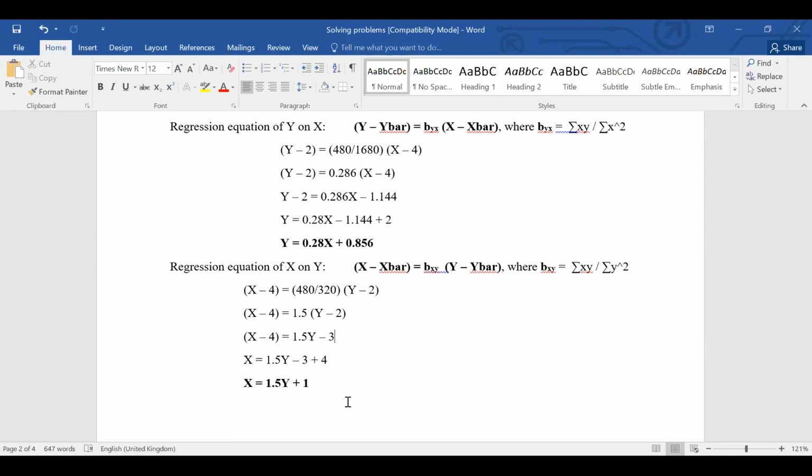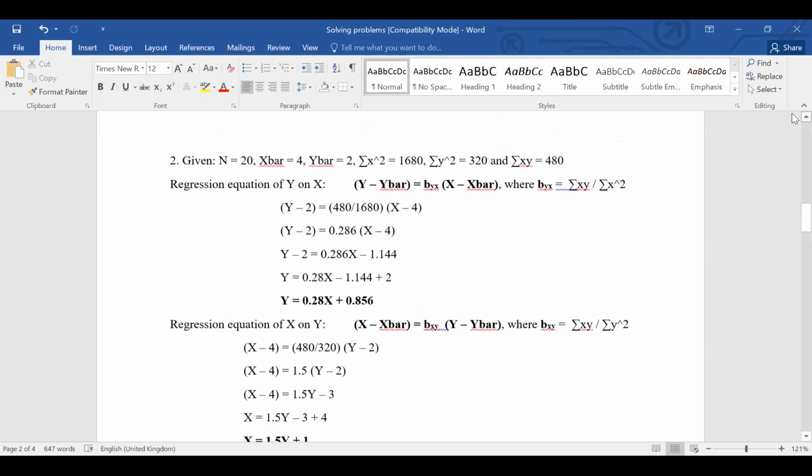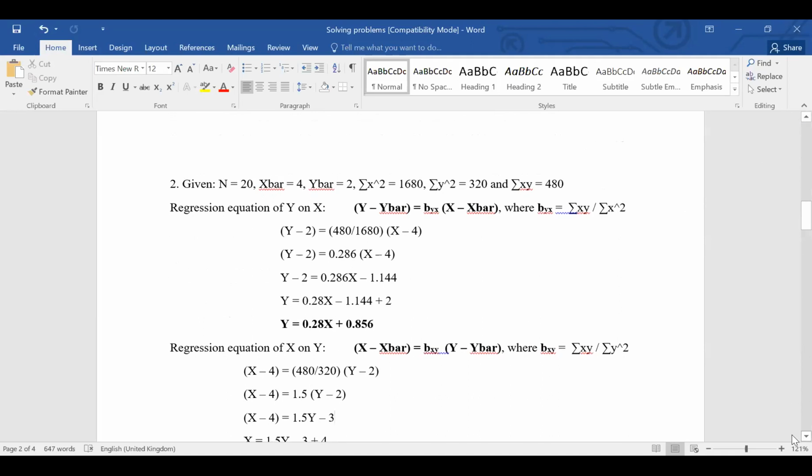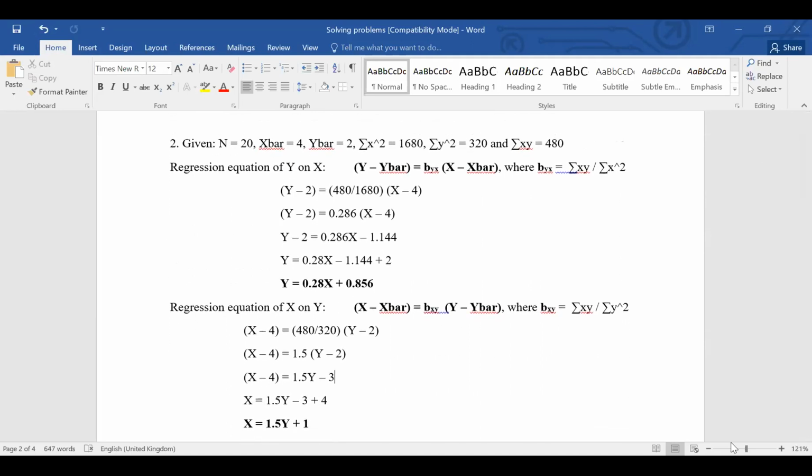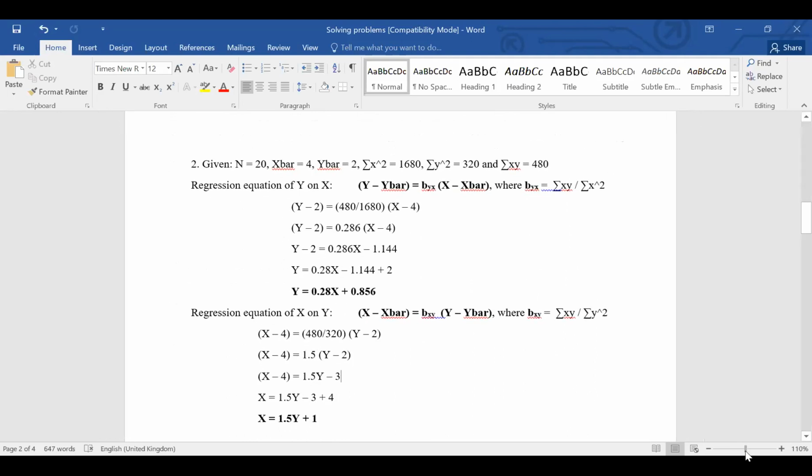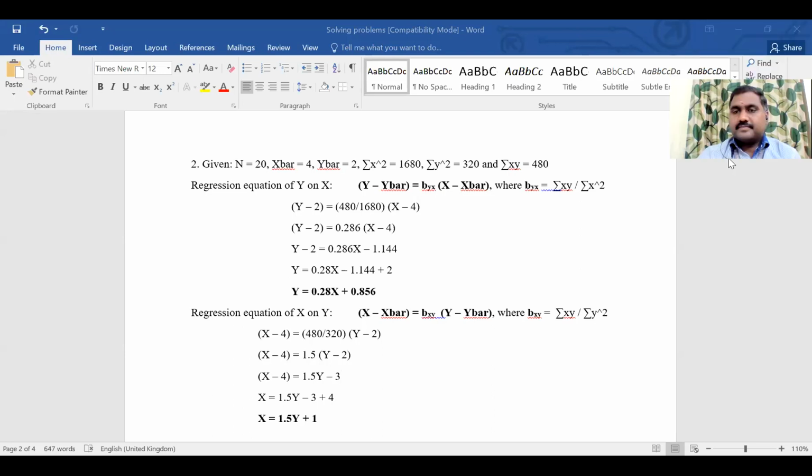Right? Any doubts here? Those who want to copy can copy this problem. I will again minimize the page a little bit. Once you copy, please tell me so that we'll move on to the next method. We need to finish that method. If you have any doubts, please ask me.